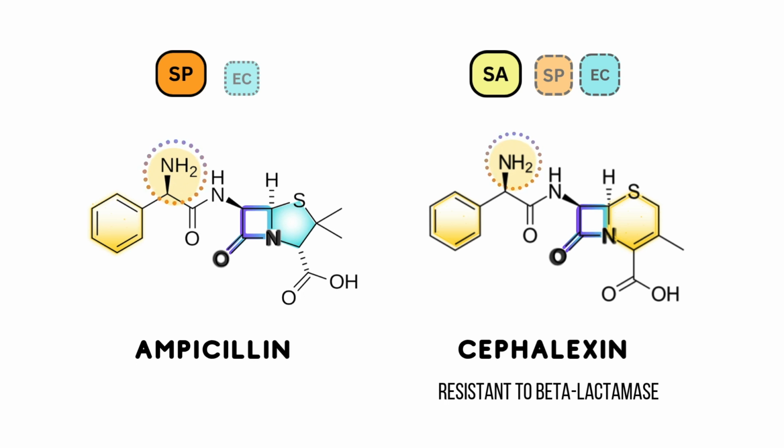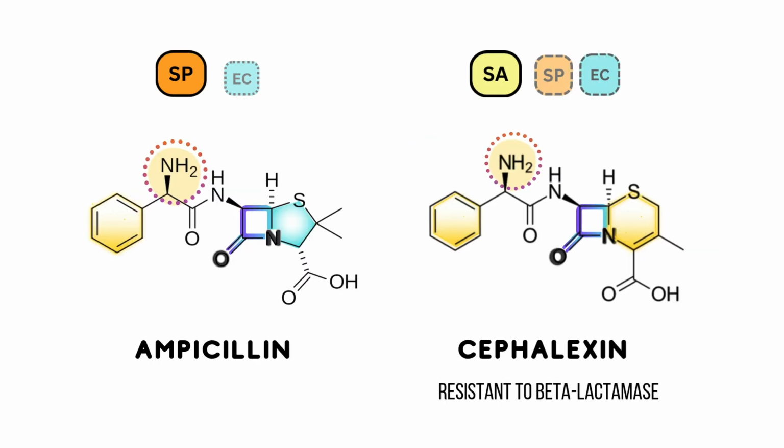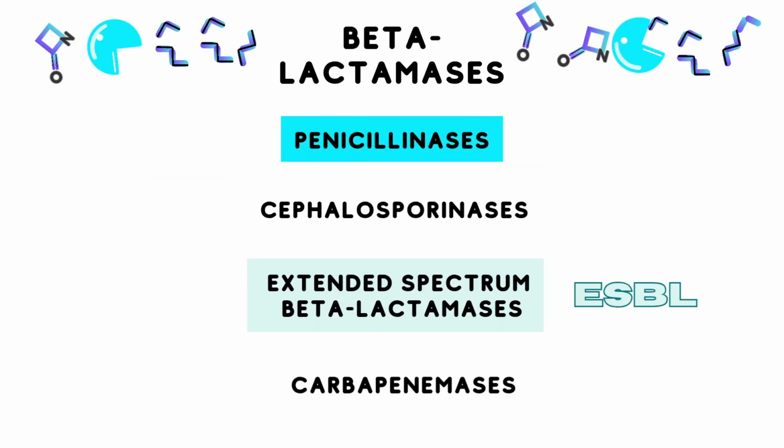It's a bit more nuanced than this, but essentially ampicillin doesn't have any Staph aureus activity, but cefalexin does, without requiring a beta-lactamase inhibitor. The cephalosporin nucleus enables cephalosporins to be resistant to penicillinases, which is a type of beta-lactamase.